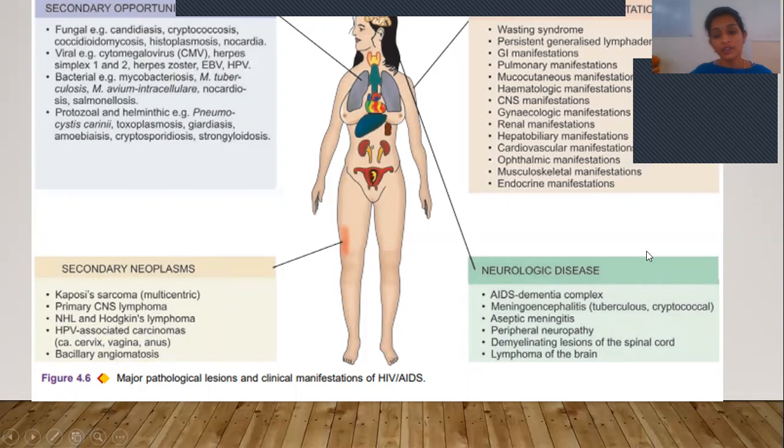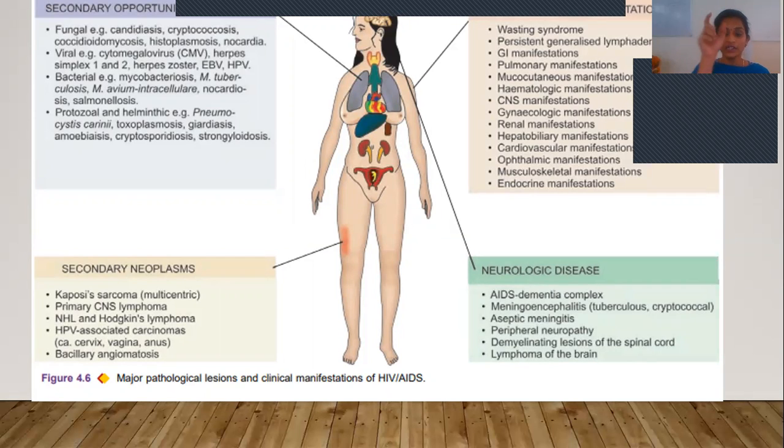And the neurological diseases include AIDS dementia complex. That means those people who are having AIDS, they will be having dementia. Dementia is nothing but memory loss. And meningoencephalitis, meninges means these are the meninges. Brain will be having different meninges. So due to that, there will be infections with certain bacteria like tuberculosis and cryptococcal infections. So because of that, meningoencephalitis can be seen, aseptic meningitis, peripheral neuropathy, demyelinating lesions of the